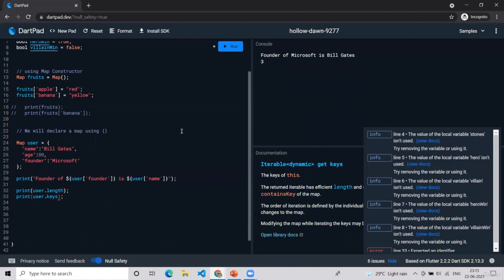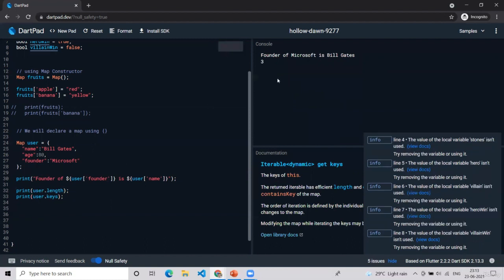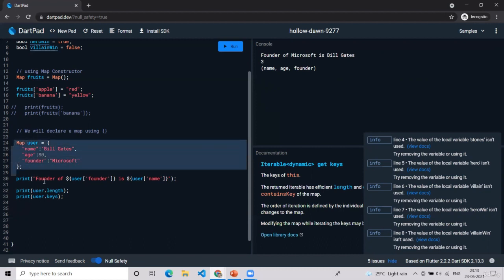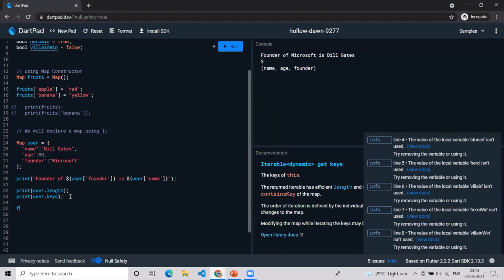If I just write user dot keys and print, it will show all the keys, that is name, age, founder, so that if you forgot, then you can just check it out. And suppose from the keys you want the values, that is, you don't remember any of the keys, but you want to fetch all the values, then you have to use a function or operation like user dot